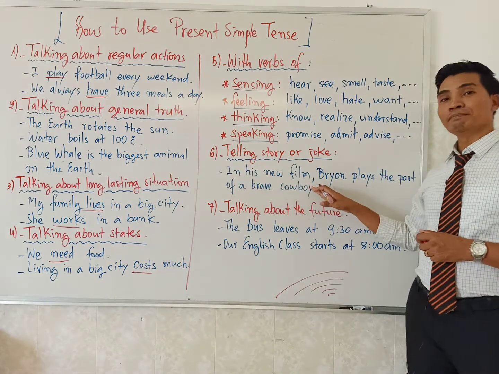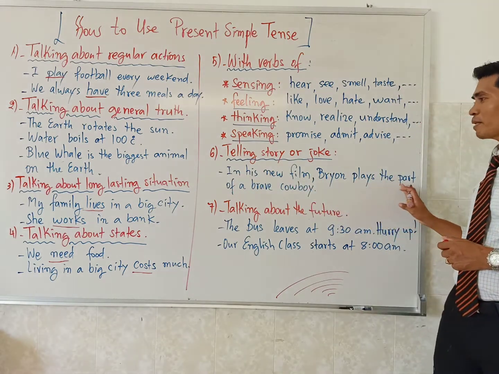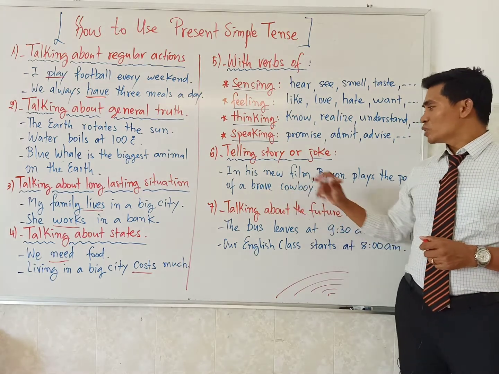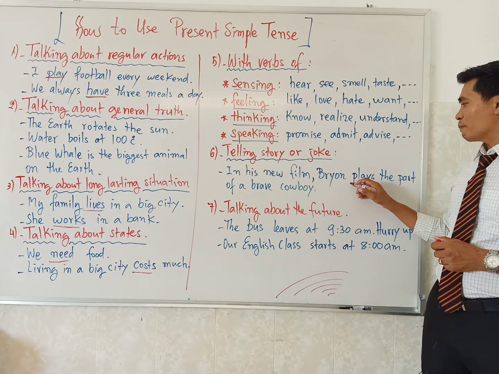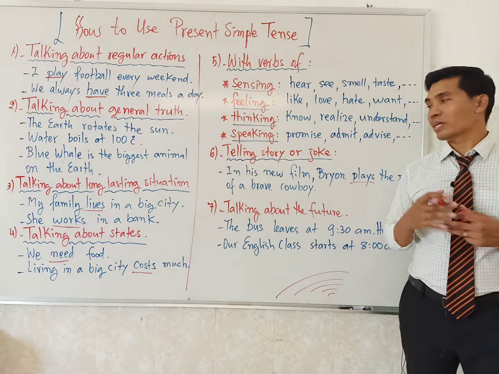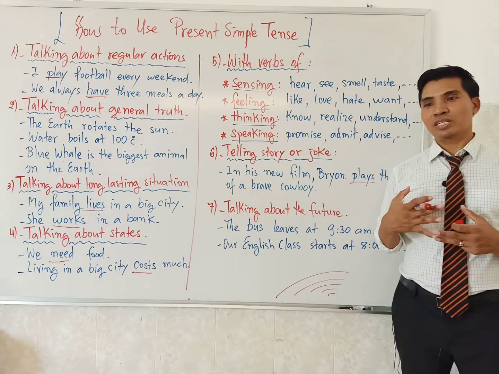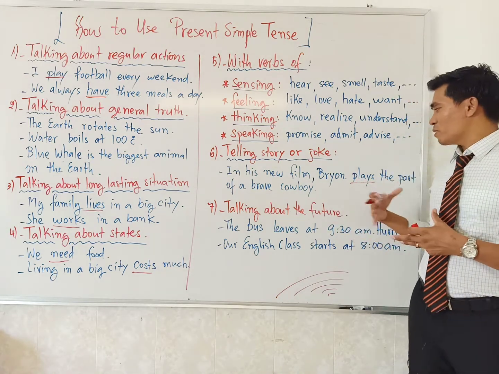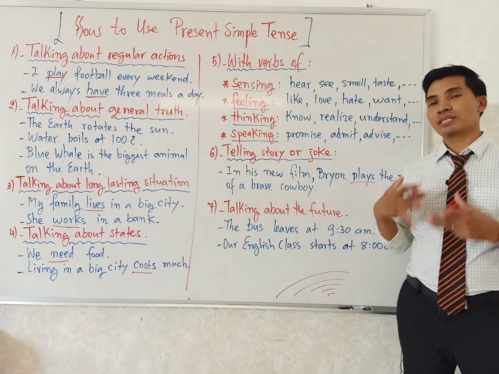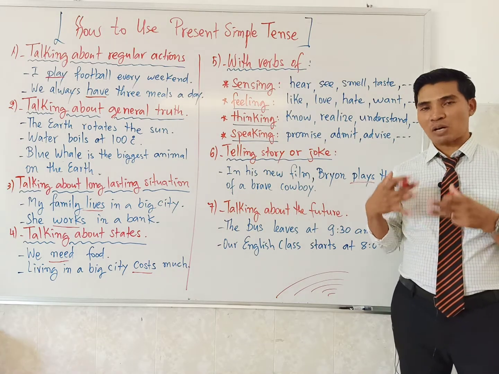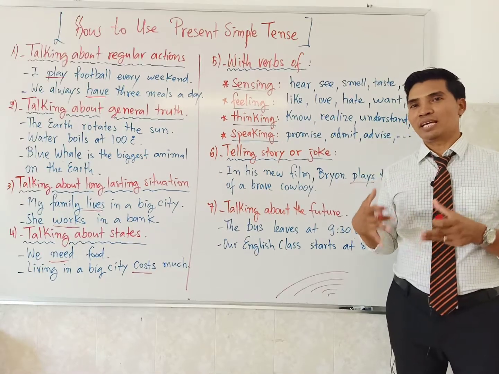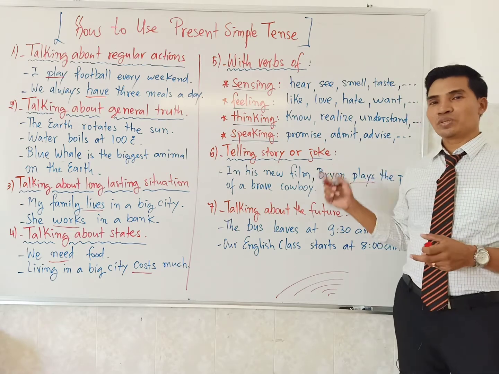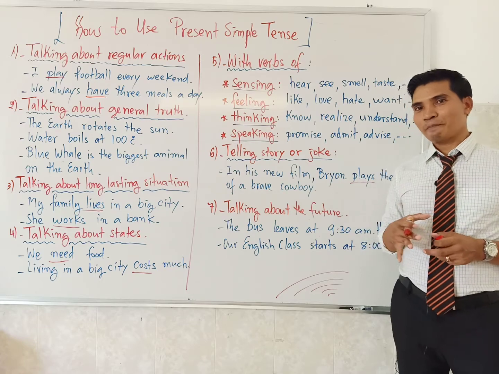In his new film, Brian plays the part of a brave cowboy. Okay, so we use present simple, plays. In fact, the film has already been shown, but we still use plays in the present simple because we want to make it sound more direct and more interesting. Okay, so again we use the present simple tense to express